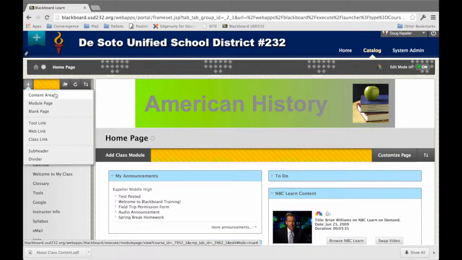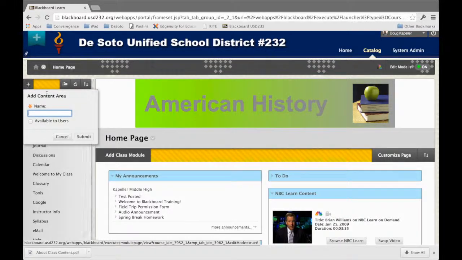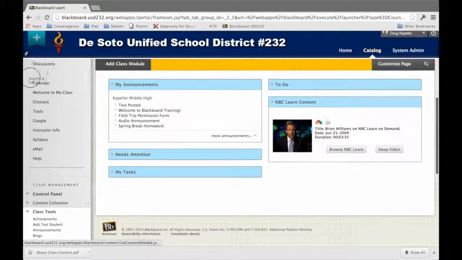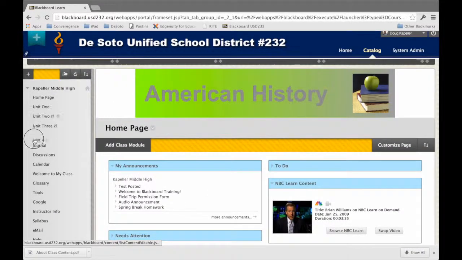The first one is called a content area, and it's probably the most common one that you use. It is a collection or a link that will allow you to add content for a specific area or a unit of study. And I'm going to type in Unit 4. I'm going to make this one available to users, and I'm going to click Submit. It shows up at the bottom, and so if I wanted to slide it up, I would just click on the arrows on the left side and move it up